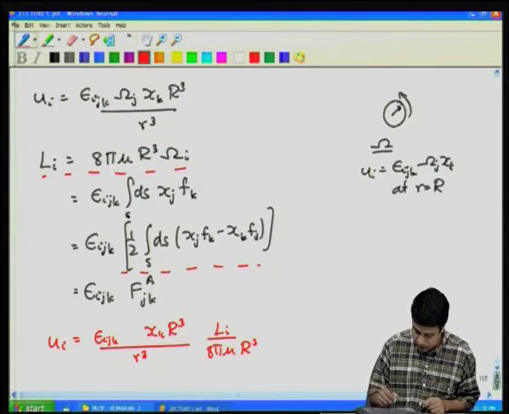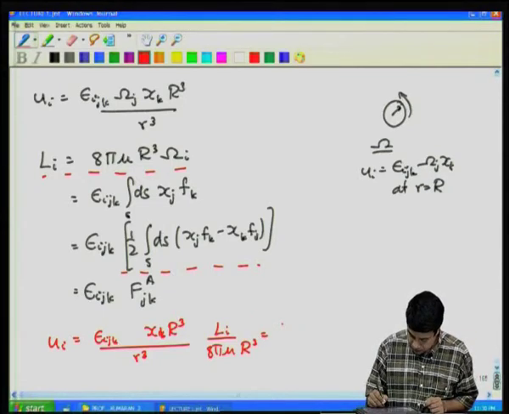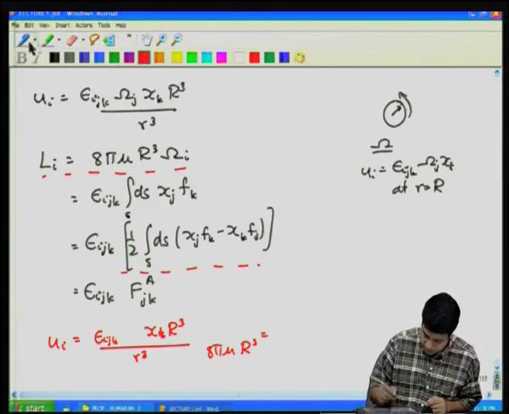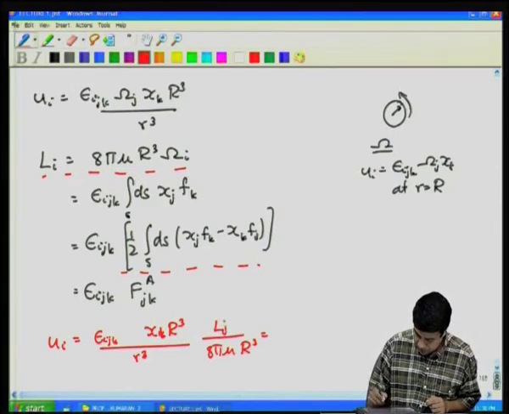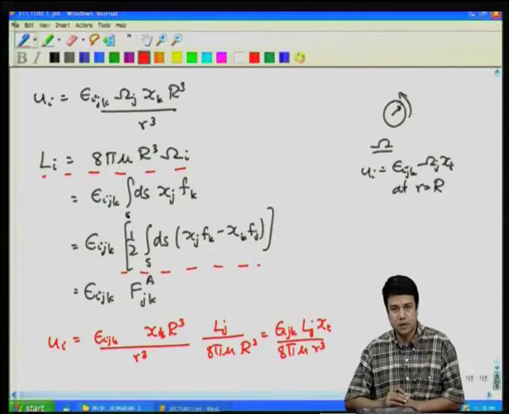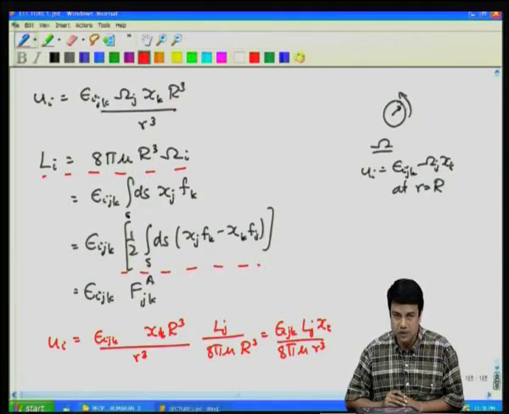And you can see once again that the R cubed cancels out to give me, this should be j here, epsilon_ijk L_j x_k by 8 pi mu times r cubed. Once again, the velocity disturbance due to the sphere when expressed in terms of the torque exerted on the sphere